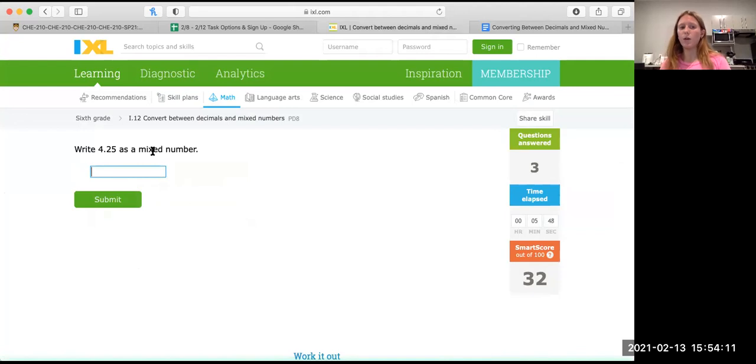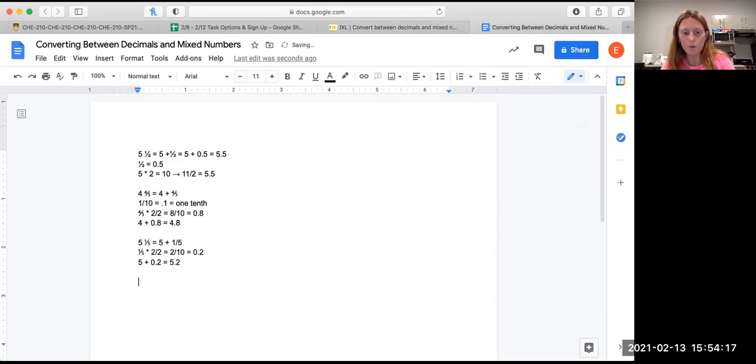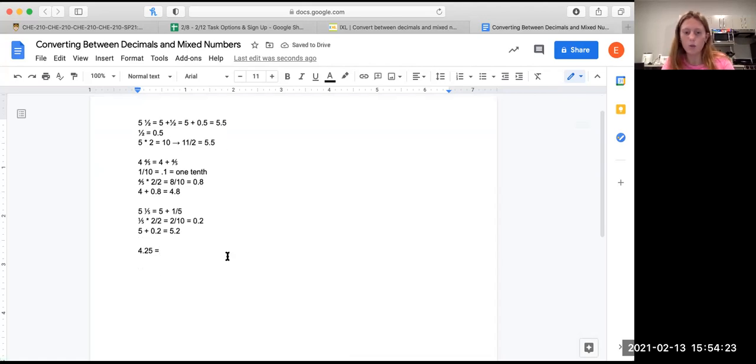So now we're going to write something as a mixed number. We have 4.25. So that's going to be the same thing as 4 plus 0.25. Now, some of you might know what this is equal to. It's another pretty common fraction,